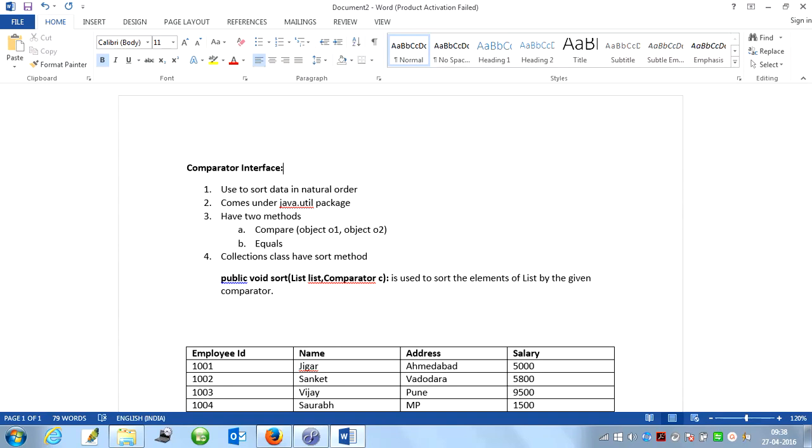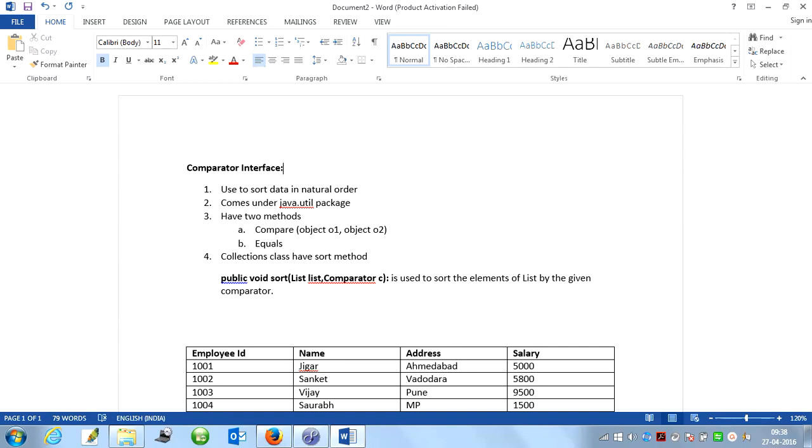The Comparator interface contains two methods. One is compare, which takes two arguments, object 1 and object 2, and another is equals. The first method, compare, compares these two objects with each other and returns the result as an integer: 1, -1 or 0.